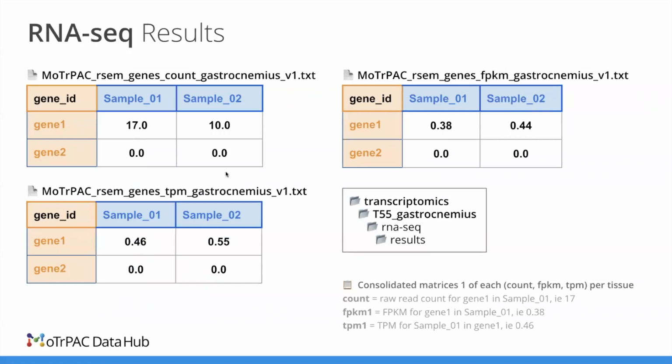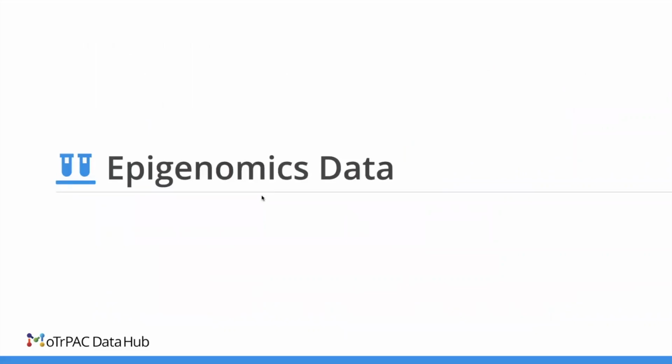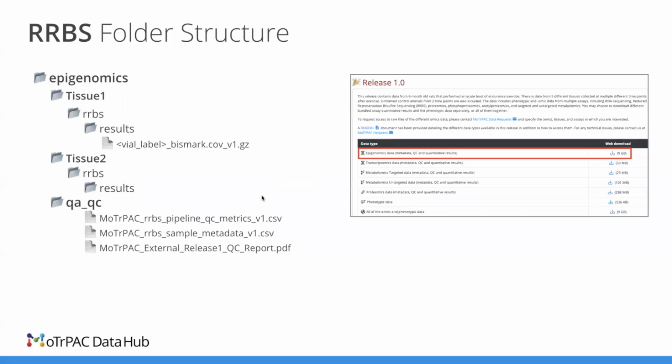Now, we provide the simple gene count dataset, which most analysis tools for RNA-seq could use, but we also provide the FPKM and TPM matrices, which are normalized counts at the gene level that you can use for other analysis as well. Now, moving to the epigenomics dataset, we have one assay in this external release, which is the RRBS